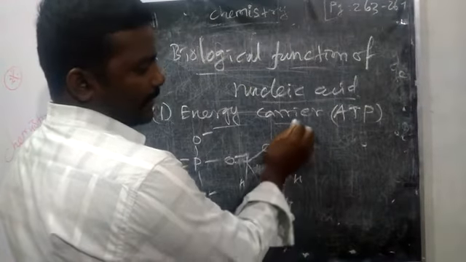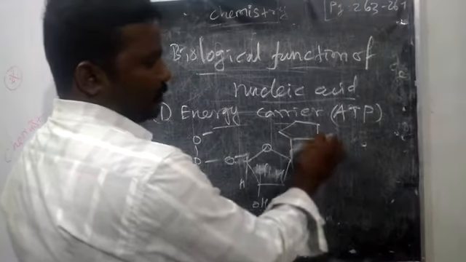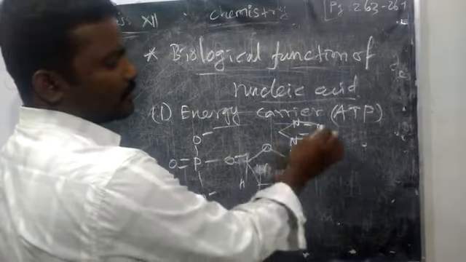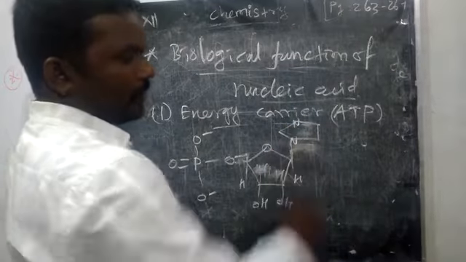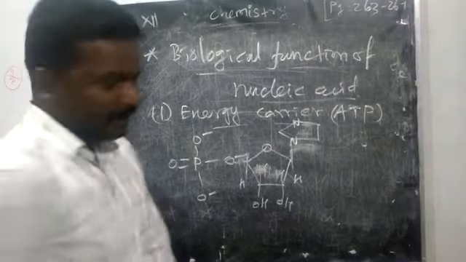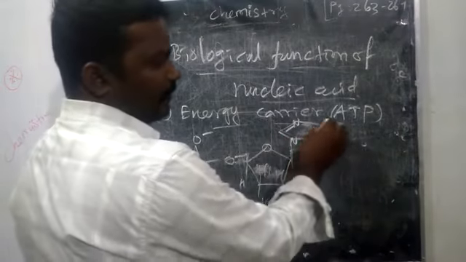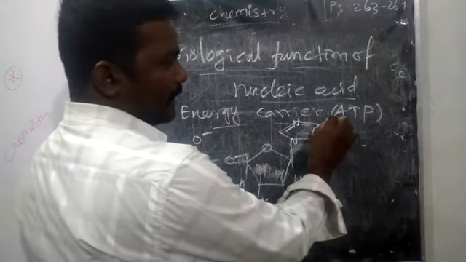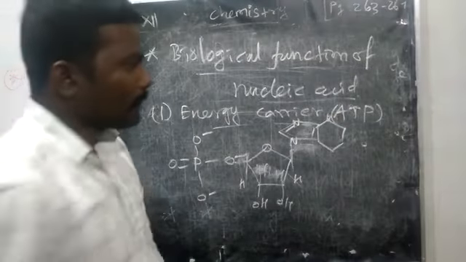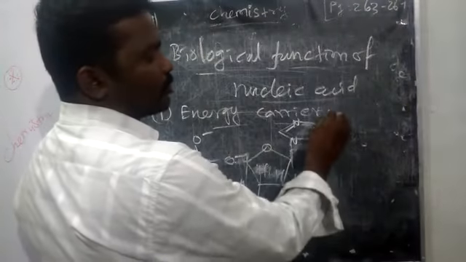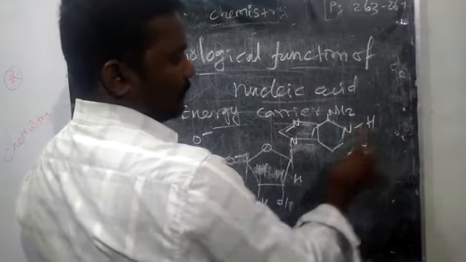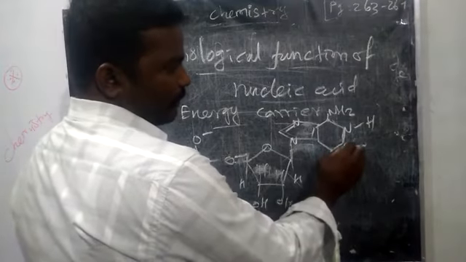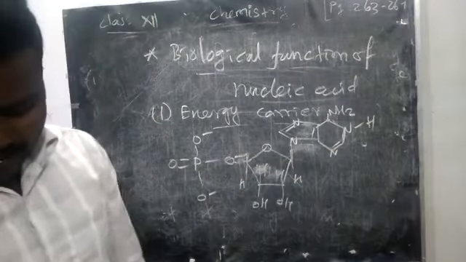Here a 5-member ring. You may feel it is difficult to draw, but we have to. Nitrogen is present, and the 5-member ring has double bonds here, right? Followed by a 6-member ring. In that 6-member ring we also have an NH2 group, the amine group, then nitrogen, followed by another nitrogen here, right? So this is the adenine structure.